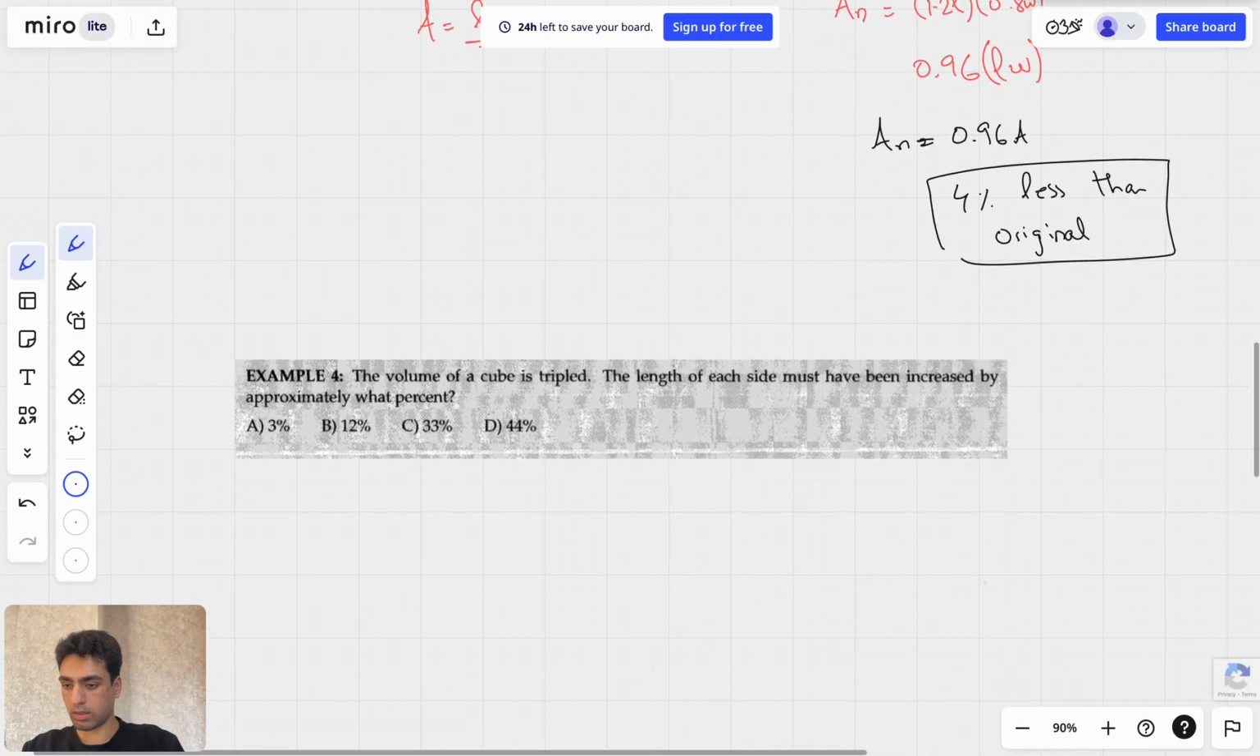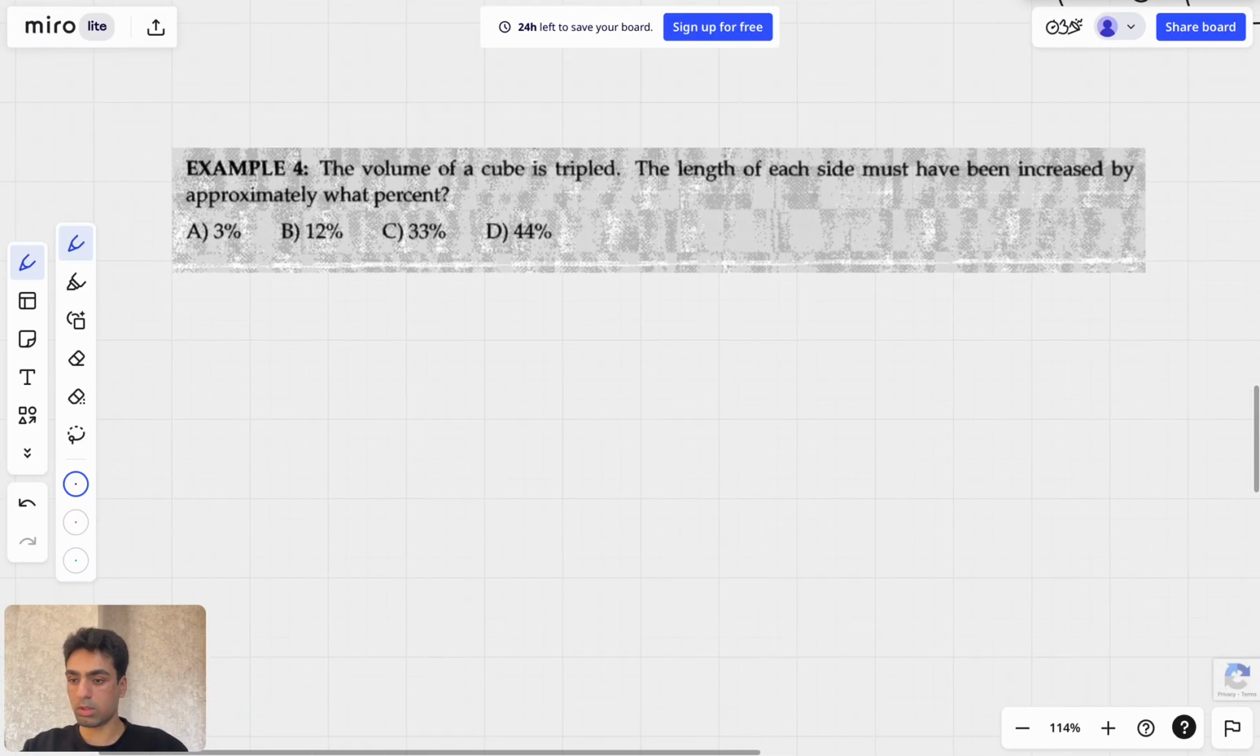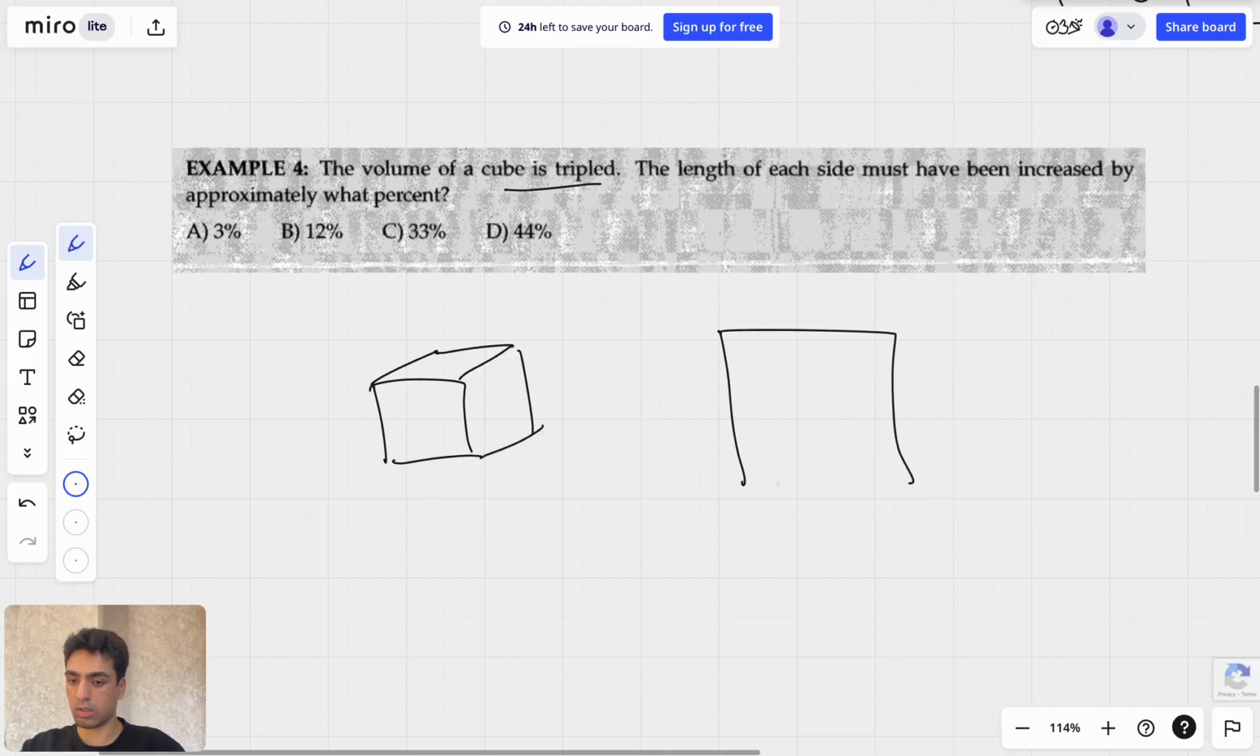Okay, next. So in this case, we have the volume of a cube is tripled. The length of each side must have been increased by what percent? So we have a cube, that is a cube. The volume is tripled, so that means it's going to be much bigger. It'll look, let's say, something like this. Let's say the length of each side here is L, and in this case it's capital L,